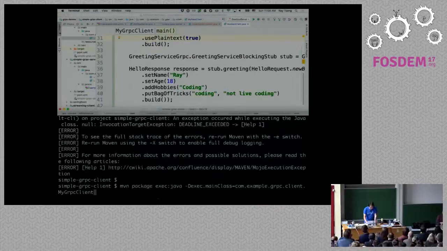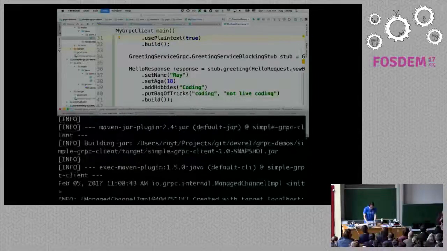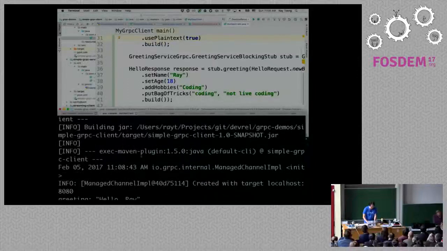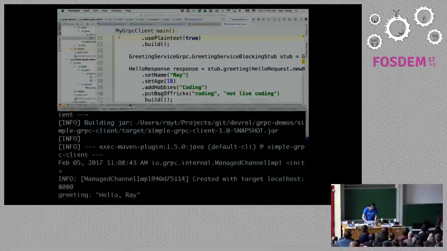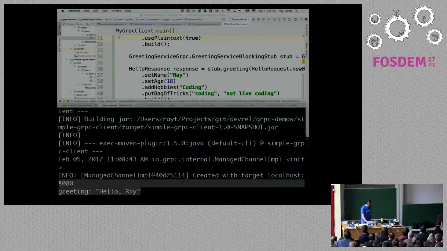So here I'm going to do package and do exec. Let me just zoom in here. I'm going to move the response out of the view so you can't see it. I think it worked. I'm just kidding. All right, let's scroll down. Hold on a second. There you go. So you can see that it actually connected.